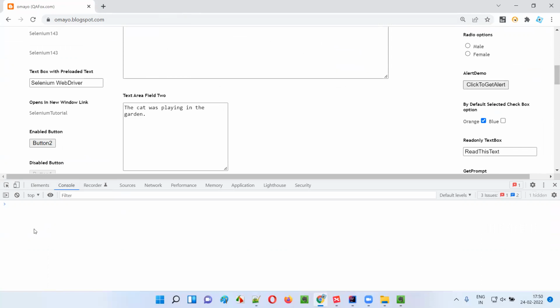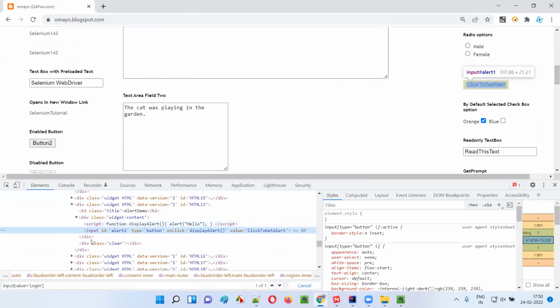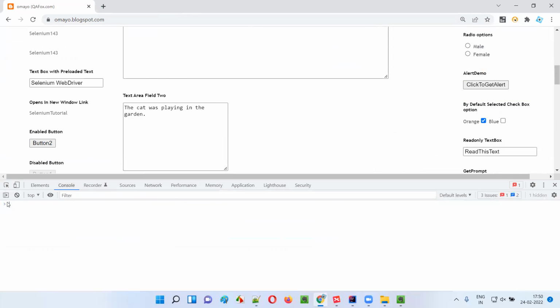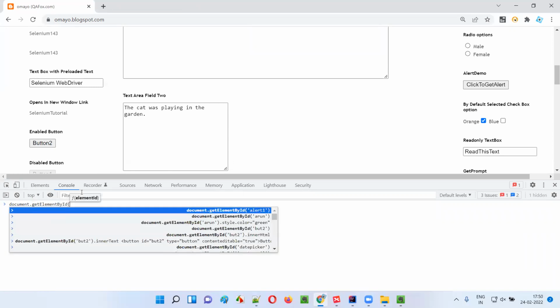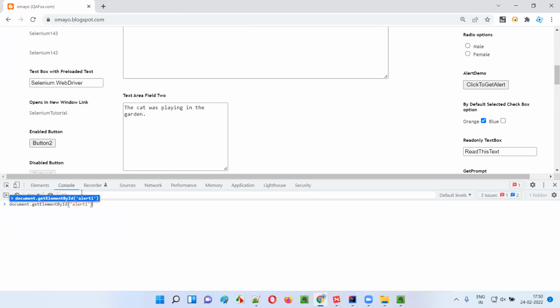An alert is coming. Now with the help of the DOM statement, using that click function, I want to click this button. First, I'll inspect this button, guys. When I inspect the button, this particular button has an ID. I'll copy this ID of this button, go to the console tab. Here I'll type document.getElementById, circular bracket, provide the ID of that particular button. This particular DOM statement will locate the button. But what I want to do is, at the end of this DOM statement, I'll say dot click